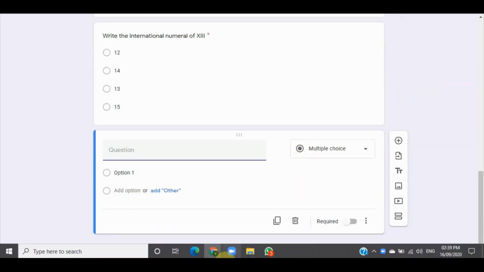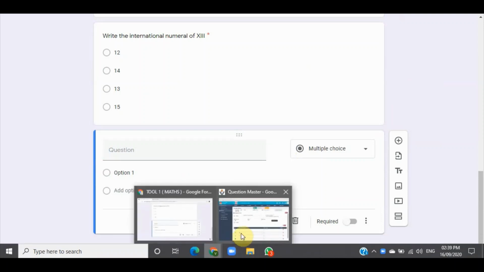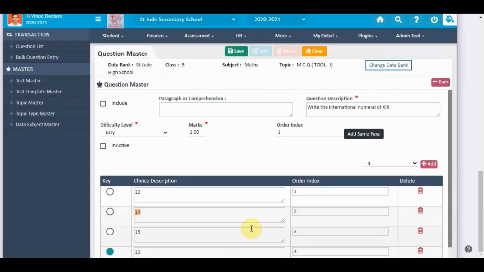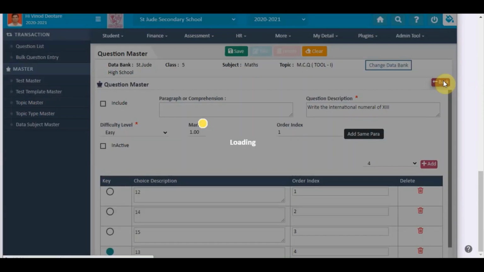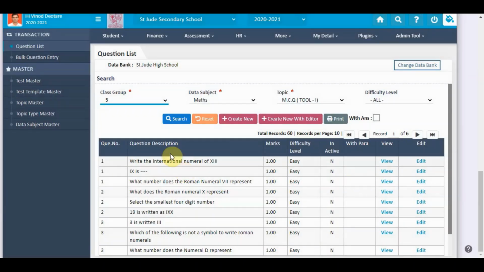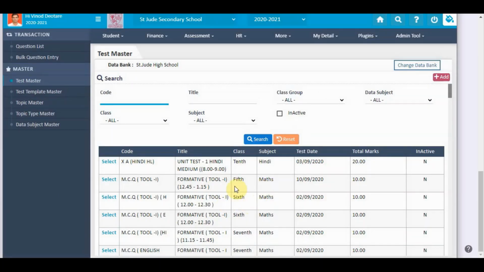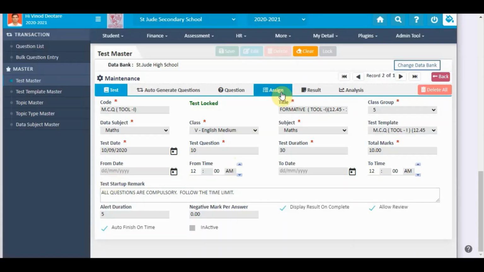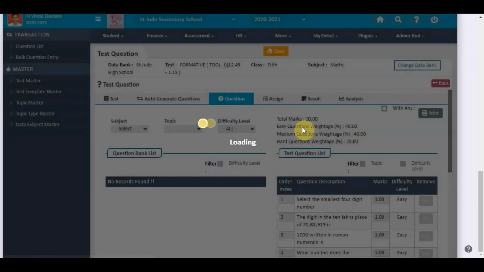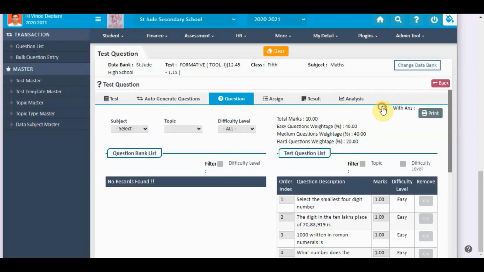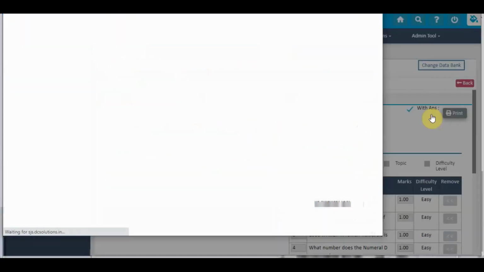Okay, again go back to Divine. Now I have shown one method here, one more method I'll show you. Now go back. Here I'll go to test master, and from test master I'll select 5th standard maths. Now here you are having the questions, this you know how to see your answers and print.